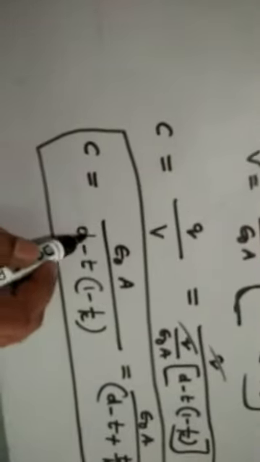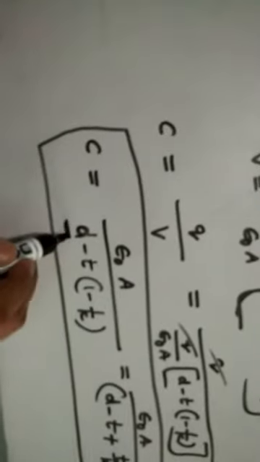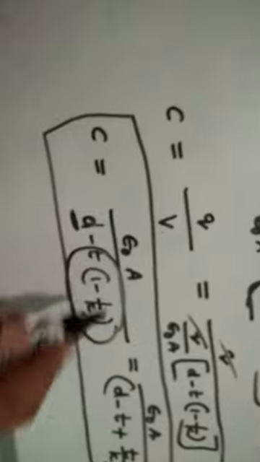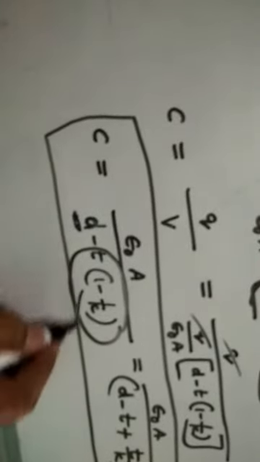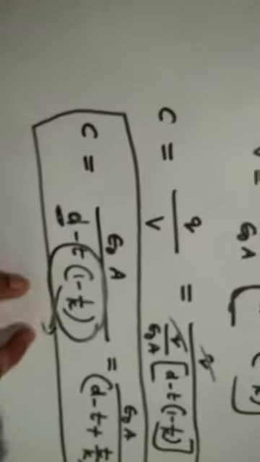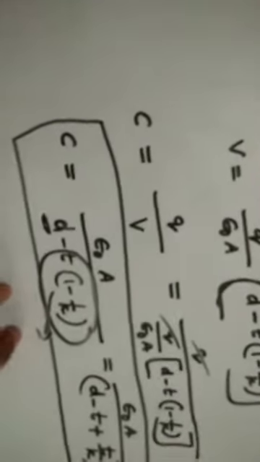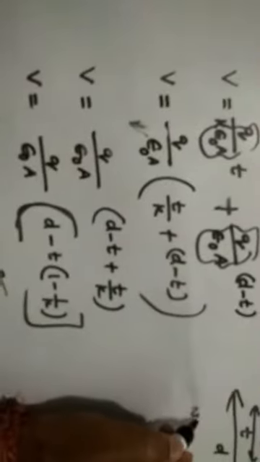Now you can see one point here. If a dielectric is introduced, the actual distance between the plates is D. But here the distance has decreased. How much has it decreased? D minus this extra distance. The effective distance between the plates decreases here. Remember this. Everyone can see the note point I explained here.